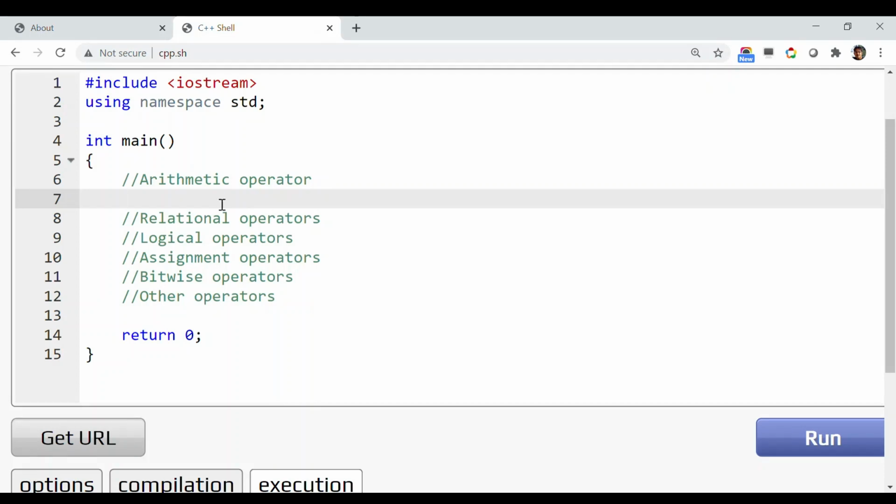So let us start with the arithmetic operator. Arithmetic operators are the same as your mathematical concept. For example, plus, minus, multiplication, division, everything has the same meaning in C++ just as in mathematics. So for example, let's say I have a variable called int i equals 10 and